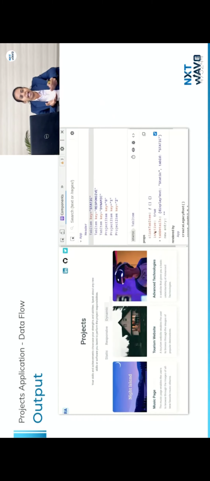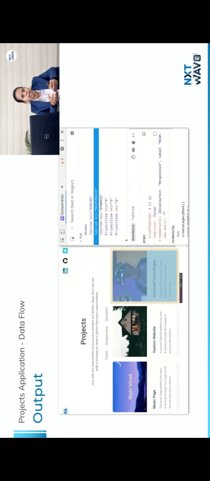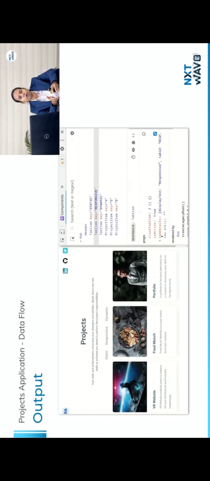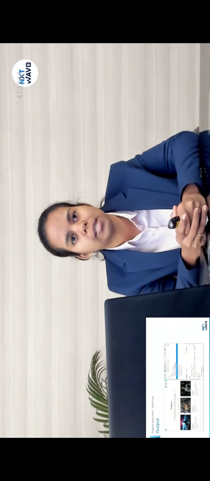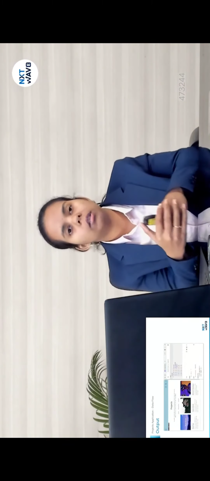Okay, so make use of the React developer tools, the browser developer tools, to understand your issues and to debug the code. It's very, very useful because in software development, we make use of these developer tools and debug in case we face any issues. Okay. So we are done with updating the state and appropriately displaying the projects list, and